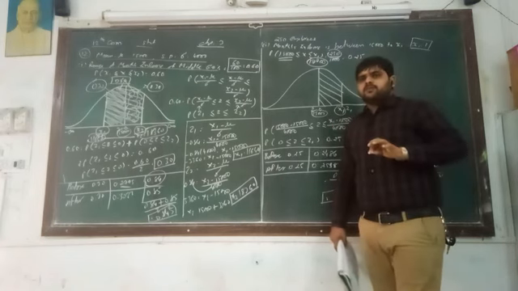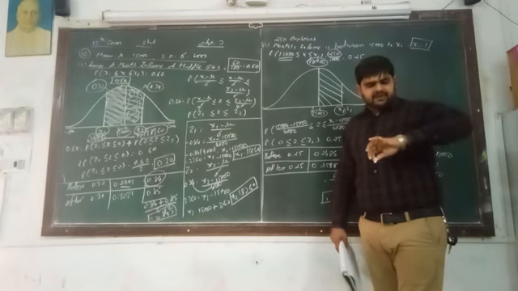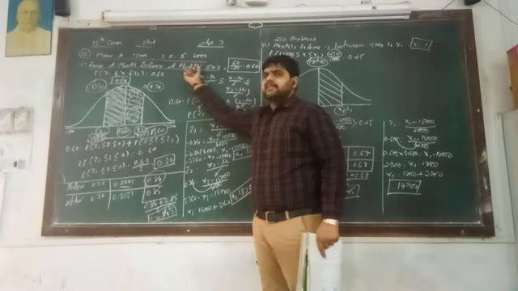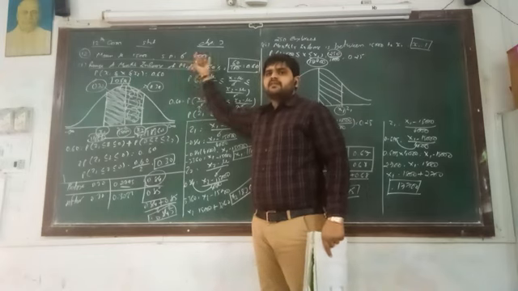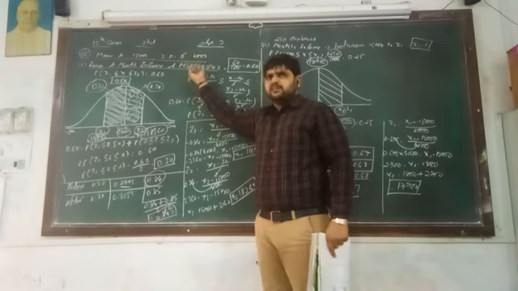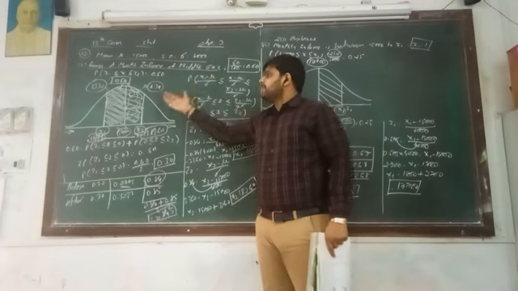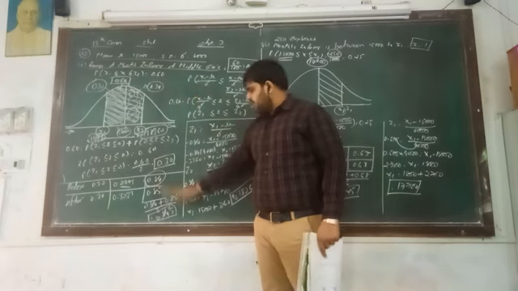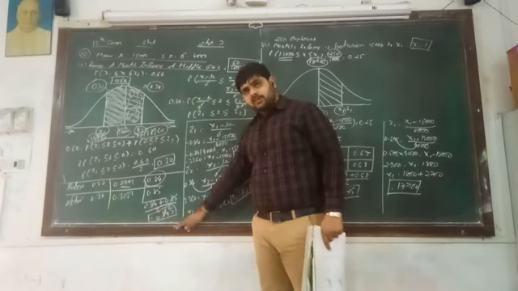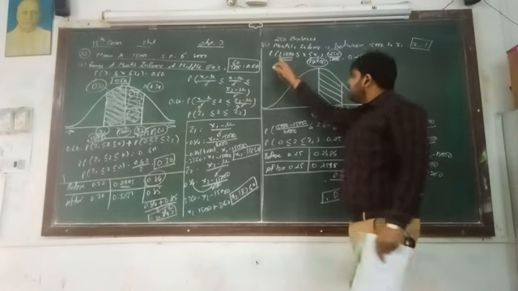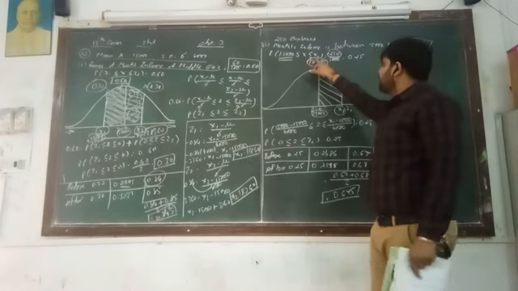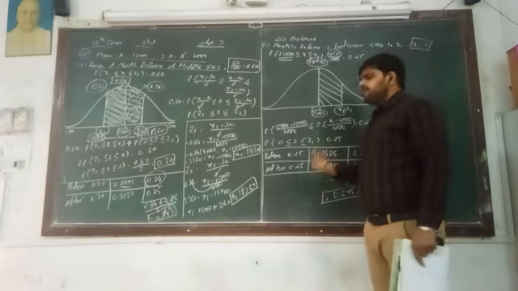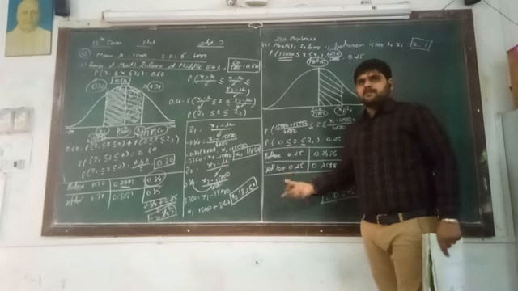Okay, so this is again a different type of example. In this example, the middle 60% is asked. The question is the middle 60%. So the middle 60% is equal to 30% from the left hand side and 30% from the right hand side. In this way we have to find out the values of x1 and x2 both. In this one, one value is given, so x1 is given and we have to find out only x2. So in this way we can find out the value of x2 also. Okay, thank you.